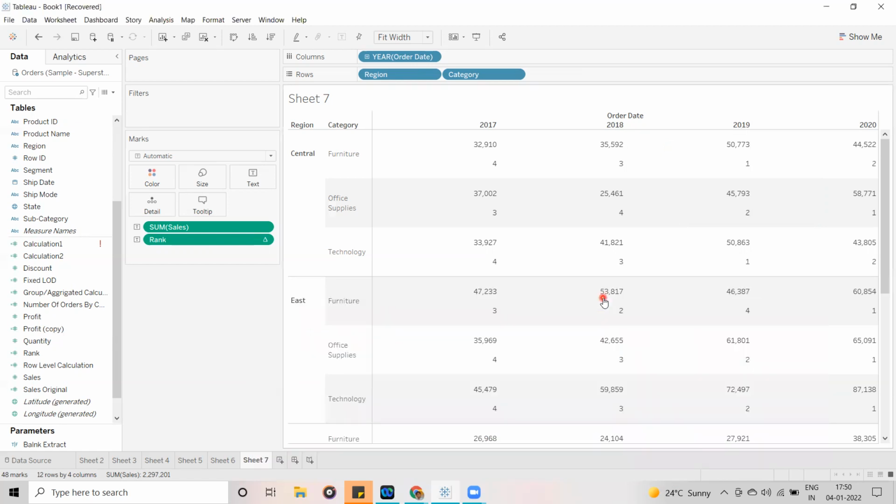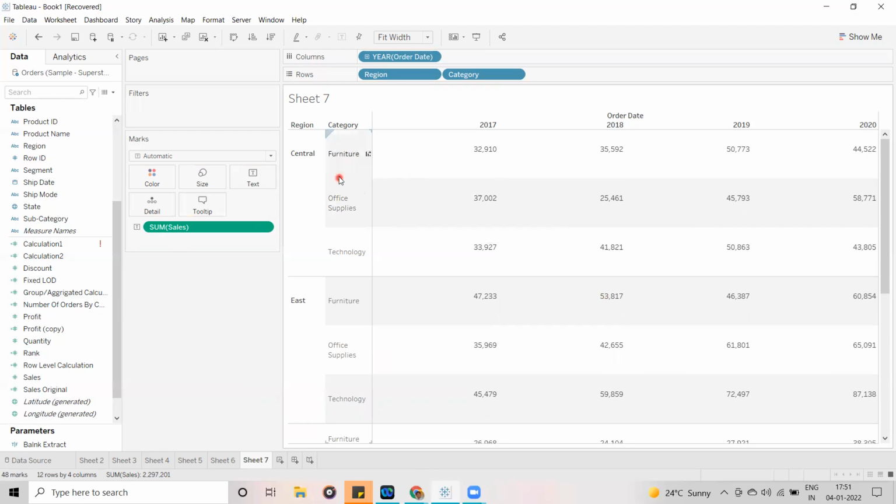Are you guys clear or any doubt, guys, on this concept? Guys, these table calculations are very important. Most of the scenarios we are going to use this, depending on the requirement again. For example, if you want to show the percentage of total or each region-wise percentage, let me show you the percentages now.